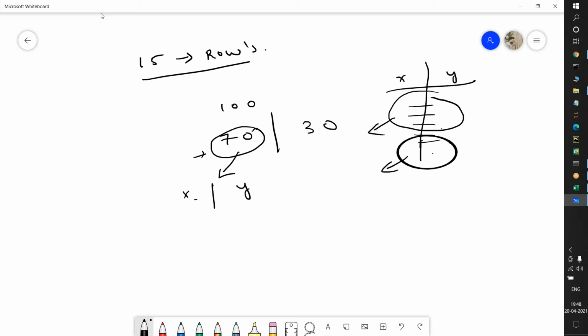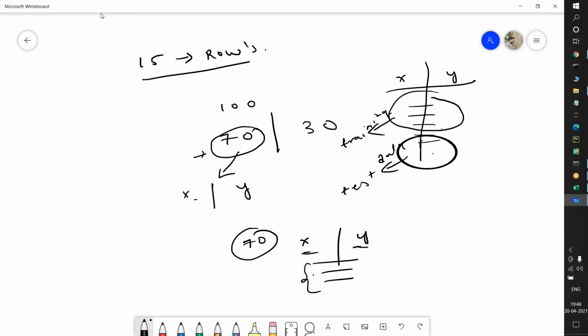These 70 rows I consider as training data, and these 30 as test data. For x and y I take only 70 rows and pass them to the algorithm.